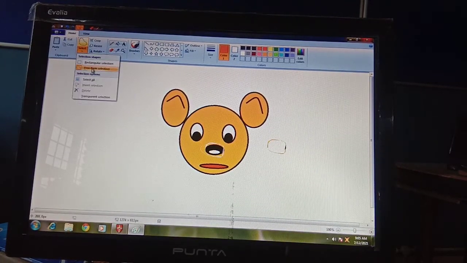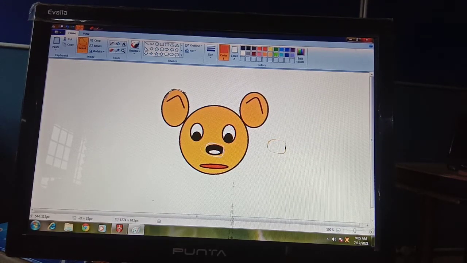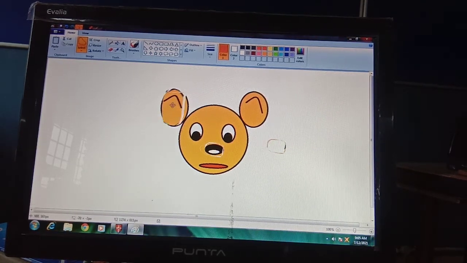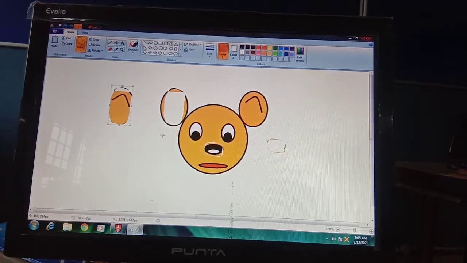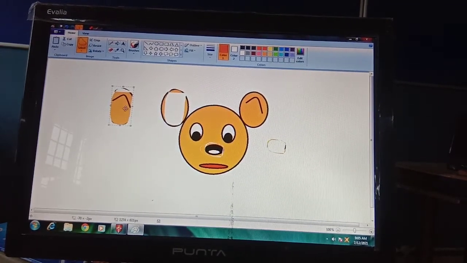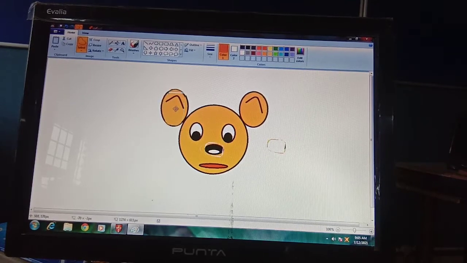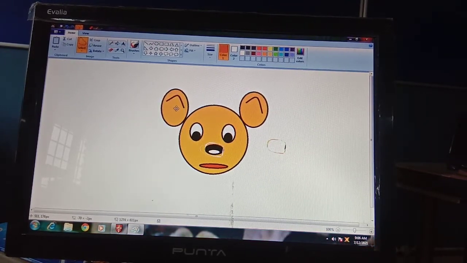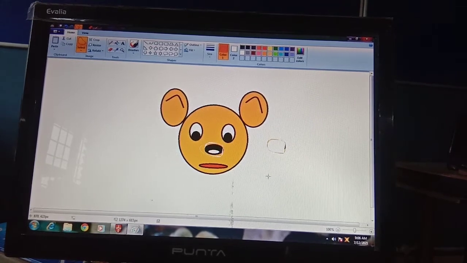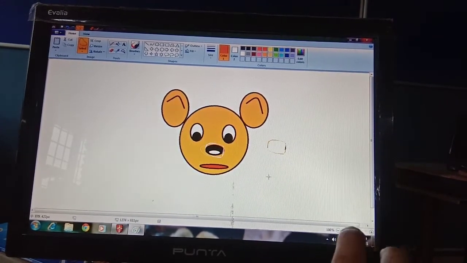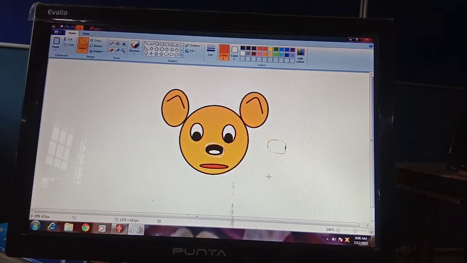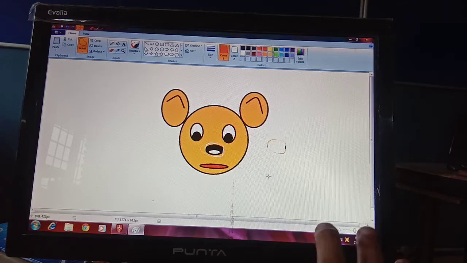And you can remove it. How to remove anything with free form selection? For example, I want to remove this ear from the mouse. So see, this ear part will be removed from the picture, and it can be adjusted again to the picture. So this is how you can remove a part of the object with the help of the free form selection tool, and you can move it to another object.